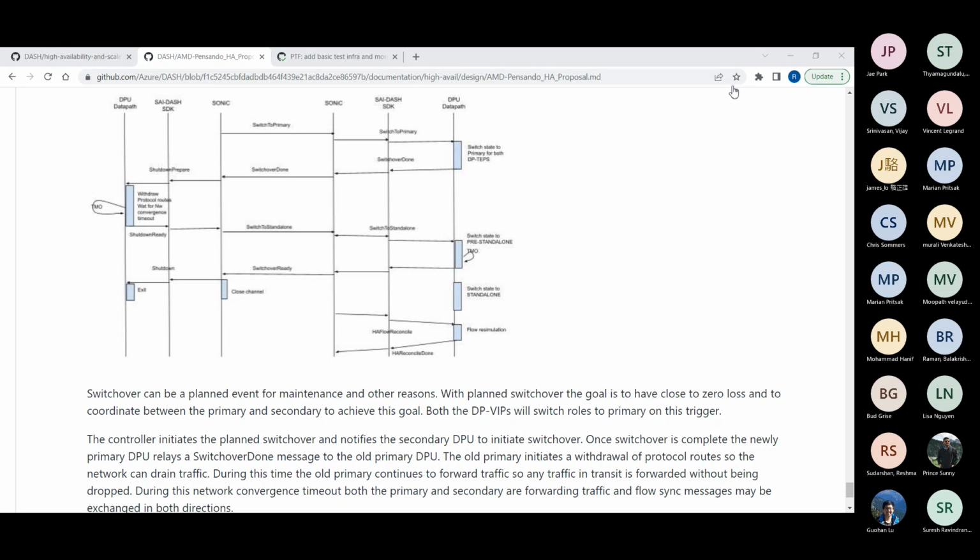No, but my question is, when you are in a true state, when you are active and there is a standby, I'm coming back to the same thing as Guhan is saying: there has to be a new state defined that says you are willing to take a flow sync, although you are in the active state, and you are willing to even send out the flow sync when you are in the active state.